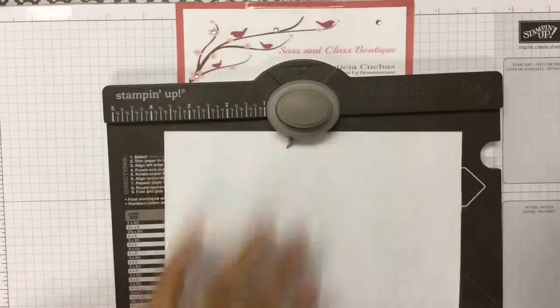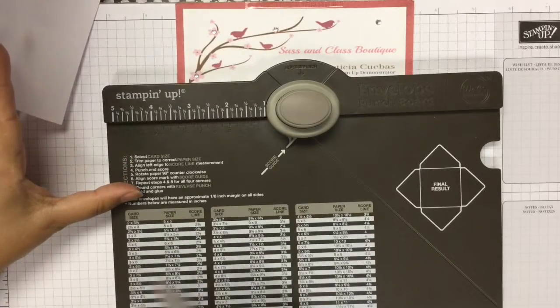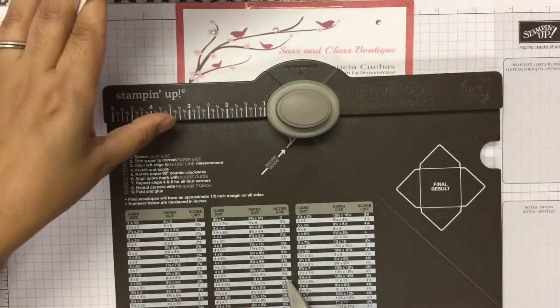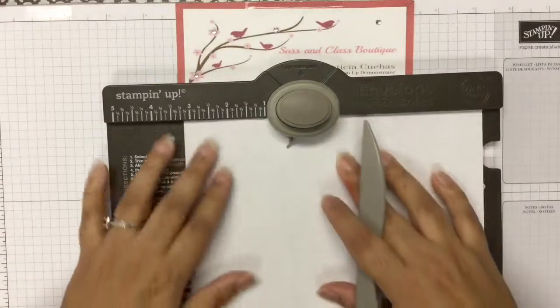And then what you're going to do is follow on here. It will tell you the card size, and after the card size, it's going to tell you the paper size that you need. So mine is 8 by 8 inches, because I have a card that is 4 1/4 by 5.5. So I'm going to score my first, where I need to put my paper is going to be at 3.5. So I'm going to put my paper at 3.5,